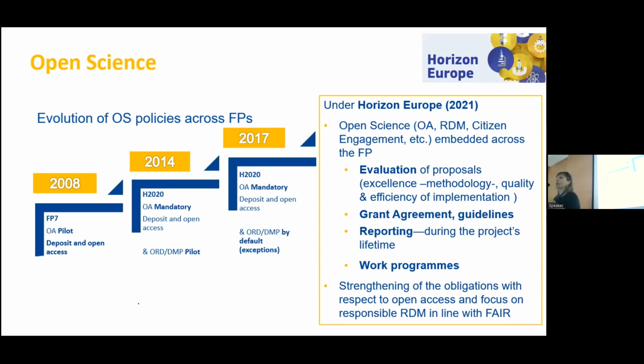the principles a practice. And that's why in the Horizon Europe program, we put all these elements that we were talking about in the Open Science Policy Platform. So in open science, through time in the different framework programs, since Framework Program 7 until now, we have been evolving in the requirements that the beneficiaries of European projects have to accomplish in the grant agreement. At the beginning, you had to deposit the publications in open access. I mean, Framework 7. In Horizon 2020, we started to make